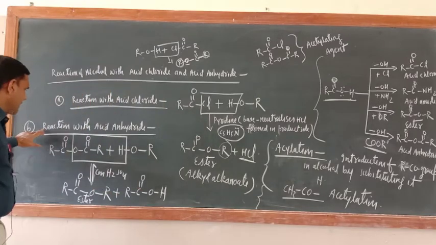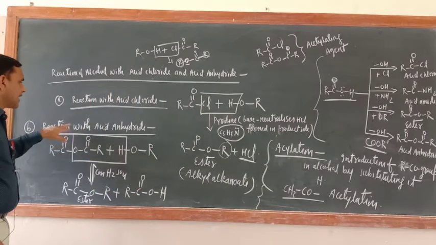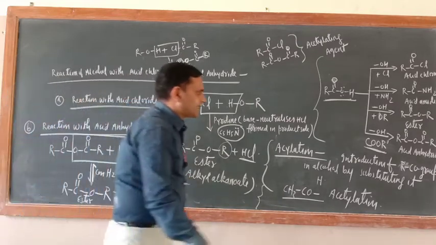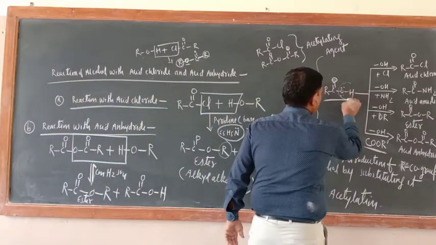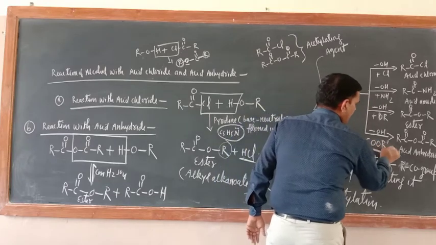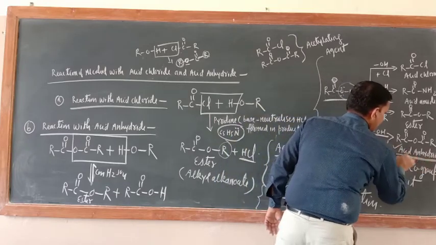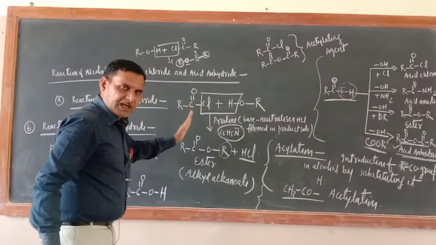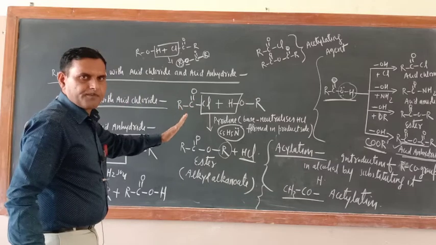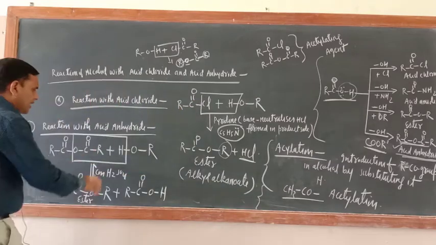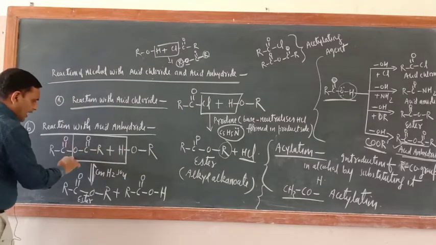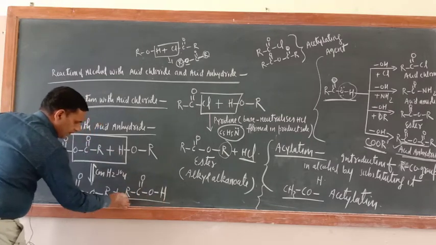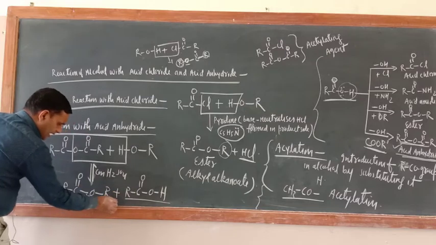In the same way, alcohol may react with acid anhydride. What is the formula of acid anhydride? Just see, if you replace the OH of a carboxylic acid by OCOR, you will get this acid anhydride. This is its structural formula. In 11th class also I taught this one. Acid derivatives. So here also the H of alcohol reacts with RCOOCOR, and carboxylic acid will be one of the products, and here the ester.